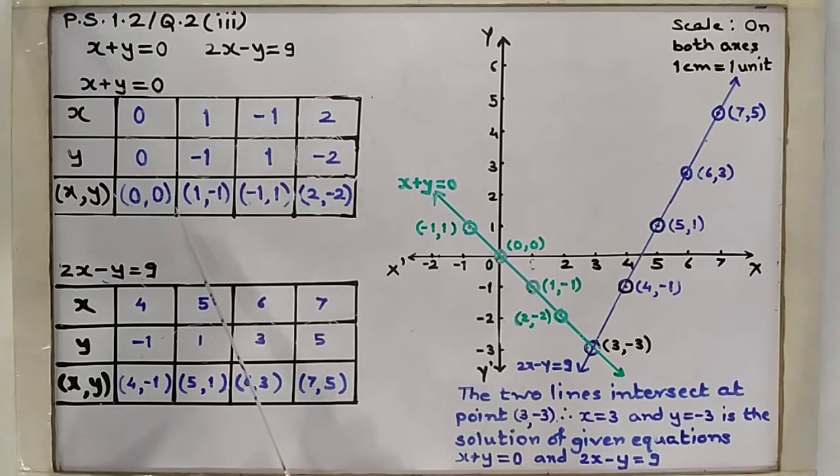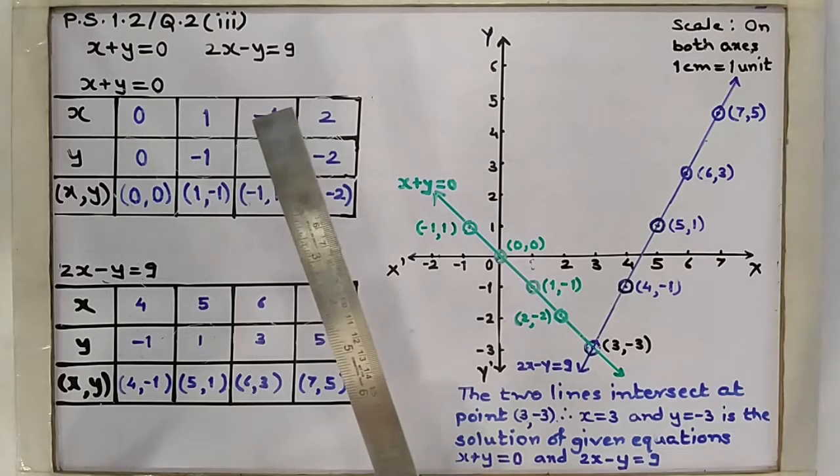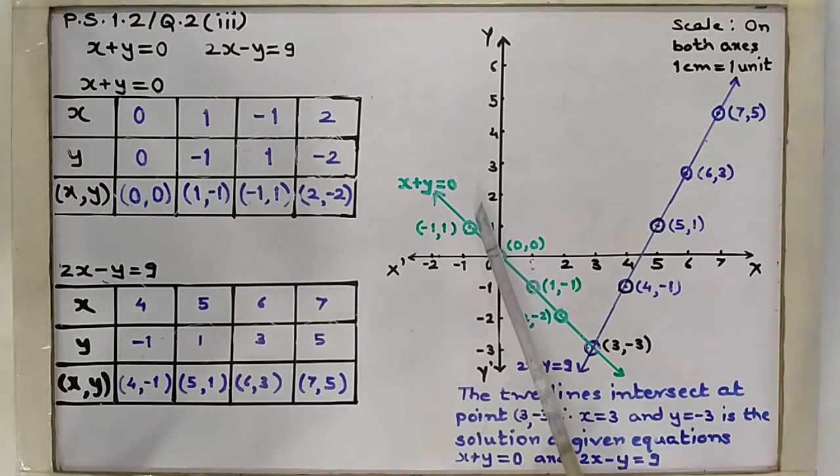In the second point, x coordinate is 1 and y coordinate is -1. This means the x coordinate is positive and the y coordinate is negative. So the point will lie in the fourth quadrant. Third point is -1, 1. X coordinate is -1 and y coordinate is 1. The x coordinate is negative and the y coordinate is positive, which means this point is going to lie in the second quadrant.